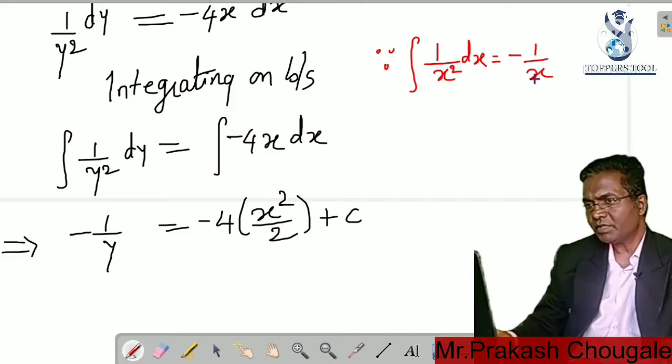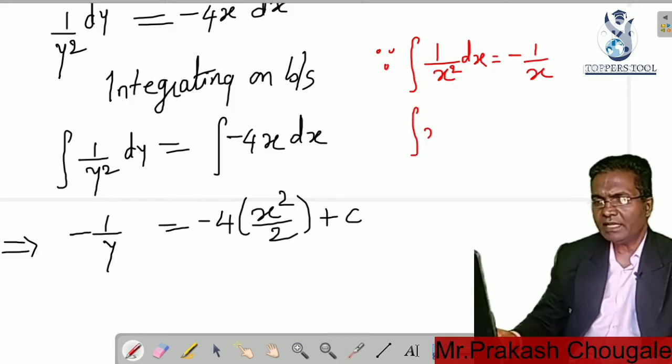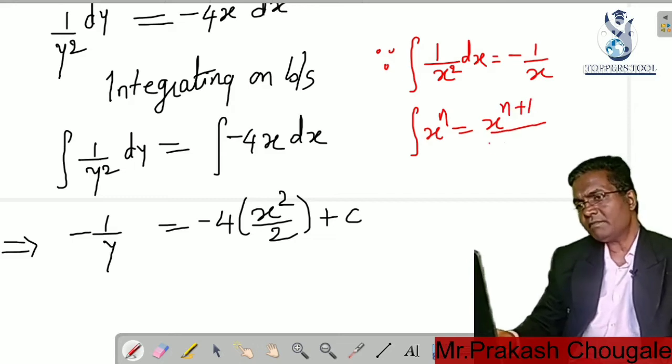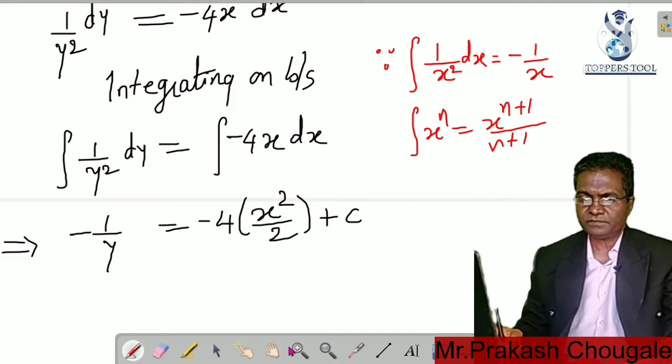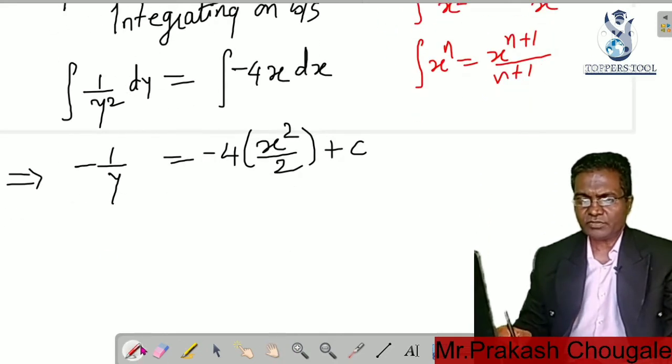Remember, because the derivative of 1 by x is minus 1 by x square, they are inverse of each other. And integration of x power n is x power n plus 1 by n plus 1. Remember these two formulas that we used here. Okay, so you may write it as,